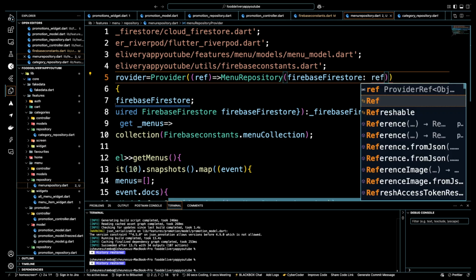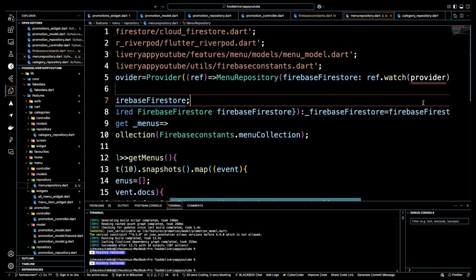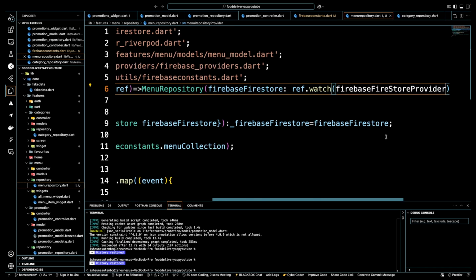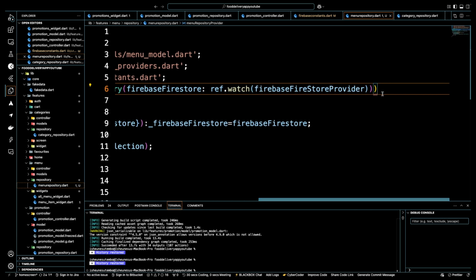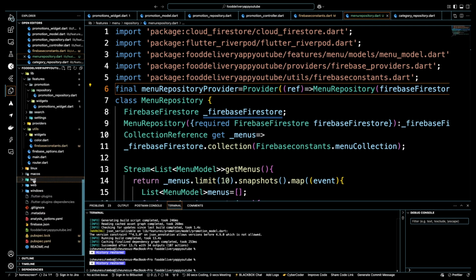So here what we need is the Firebase Firestore instance. We have already created this instance, so I'm just going to use reference.watch from Riverpod to access that instance. That's a good thing about Riverpod: it allows us to do dependency injection, because you can see that